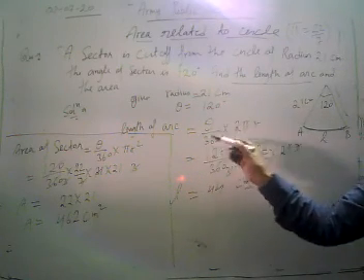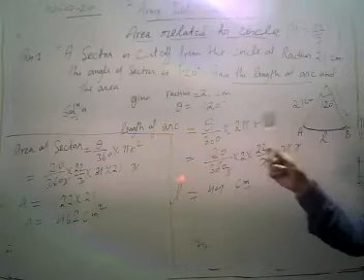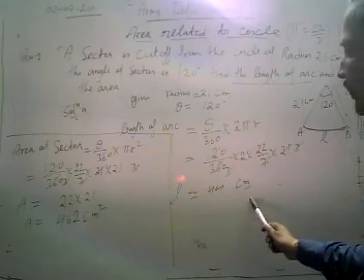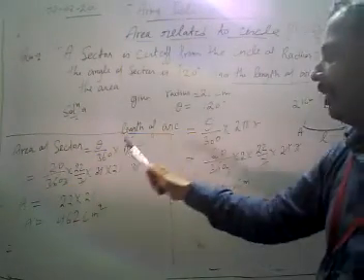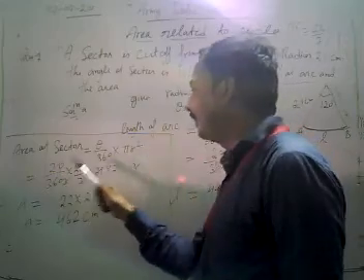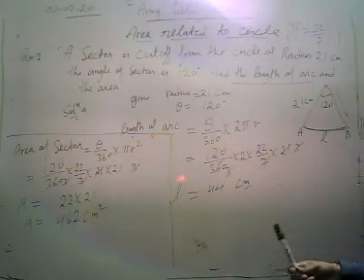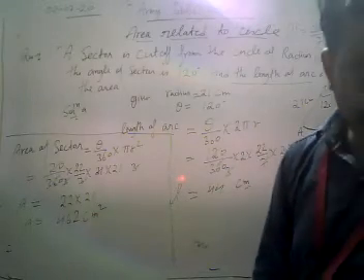To find out length of arc, we use the formula theta upon 360 into 2 pi r. Put in the value of theta. After solving, we get the length of arc is 44 centimeter. Then to find out area of sector, we use the formula theta upon 360 into pi r square. Put in the values there. After solving, we get the area of sector is 462 centimeter square. Now we are going to move with our next problem.